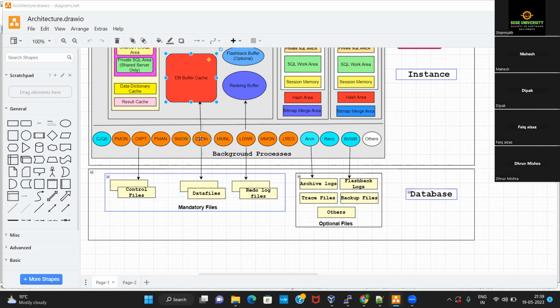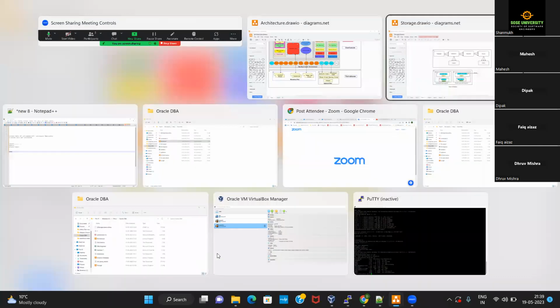So the primary triggering events for DBWR are these two events which I have mentioned over here.